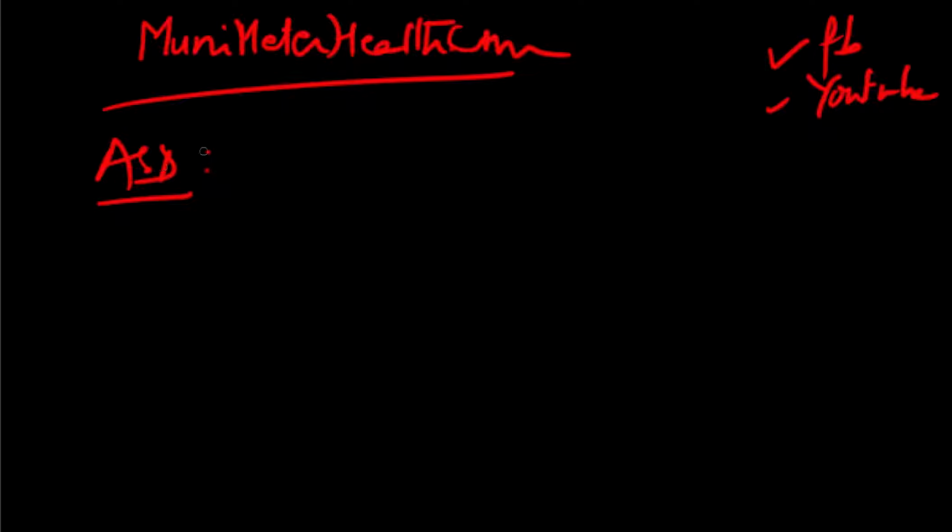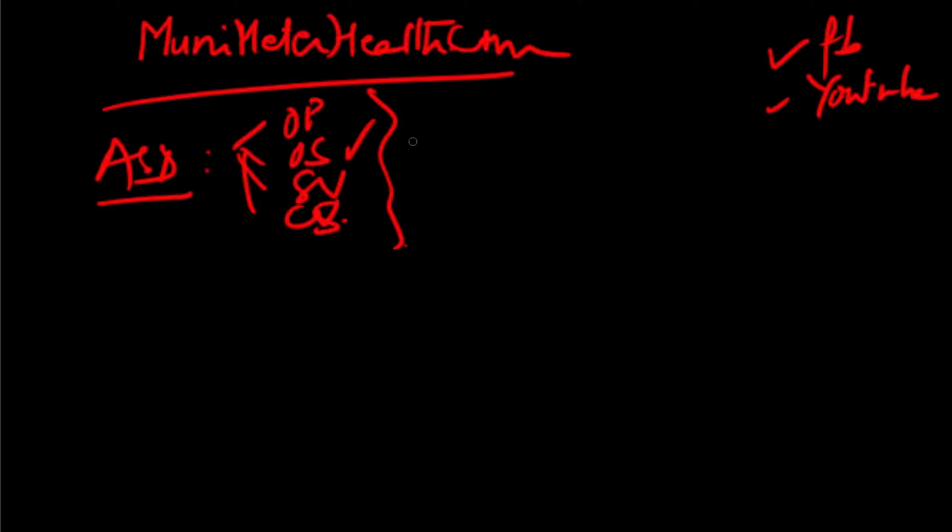We know that ASDs are of four types. Atrial septal defect is a congenital defect where the child is born with it. It could be an ostium primum defect, or an ostium secundum defect, which is more common. And then you have the sinus venosus and the coronary sinus defects. So these are the four defects that can occur, but ostium secundum is the prototype, if you will, and we tend to discuss that more thoroughly here because it's the commonest. 80 to 85% of ASDs are ostium secundum. Now, invariably,